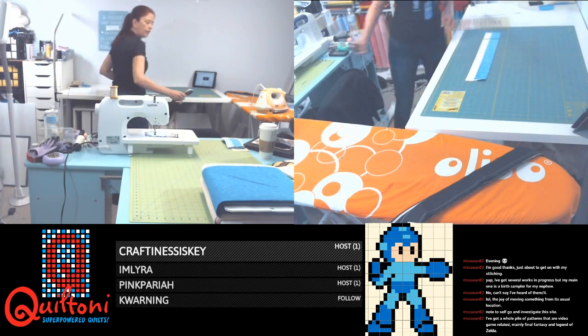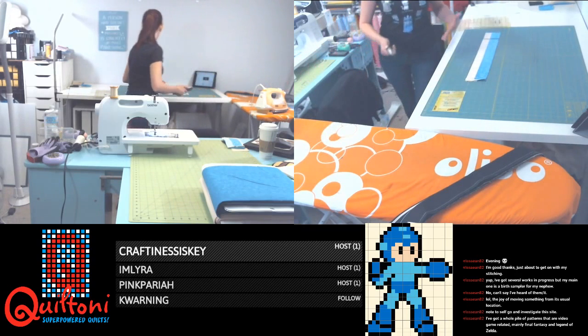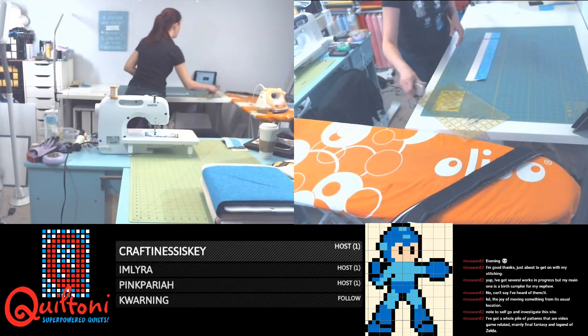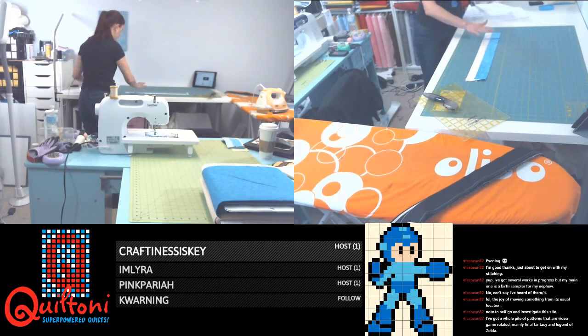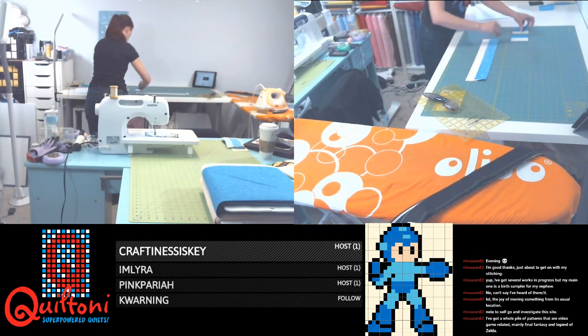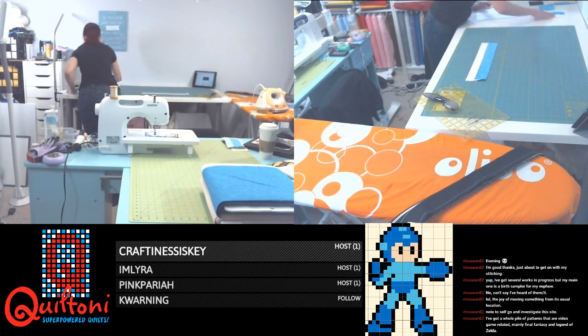Now, whenever I take them apart from what I do, in my actual pattern that I write, I'm going to say cut 2 and 2, even though you only need 1. So in that case, I'm not taking the 1 and setting it aside. So I'm going to put it in here. So I may have that 1 left over.